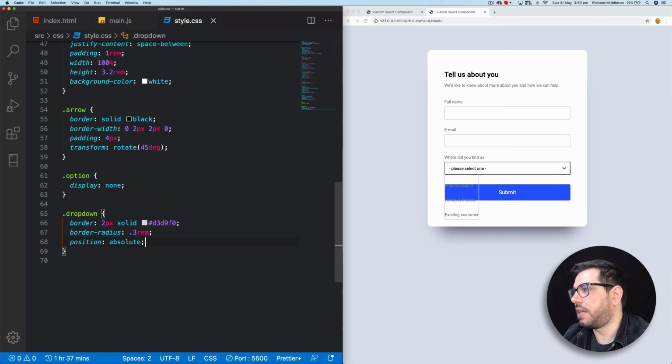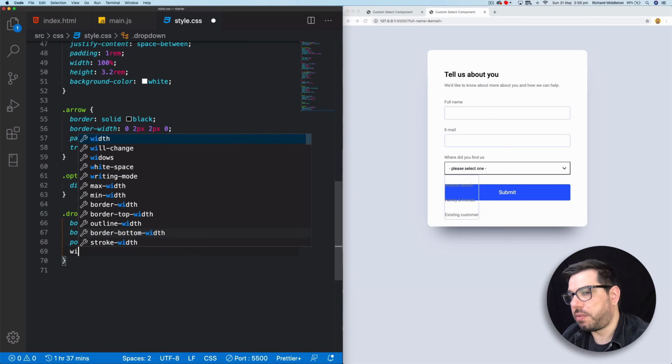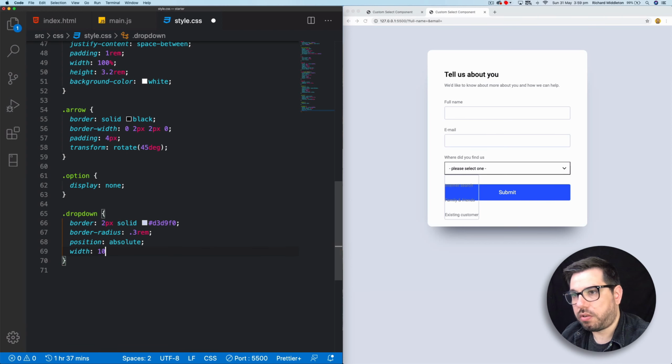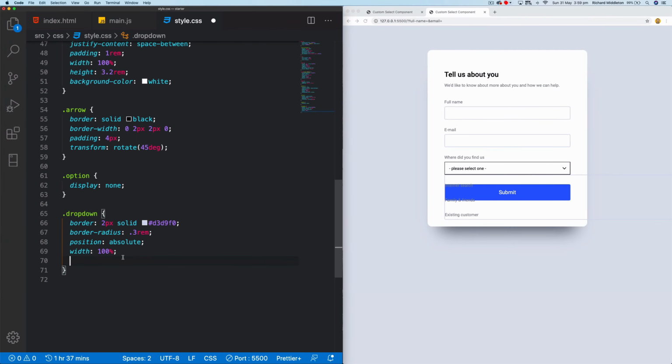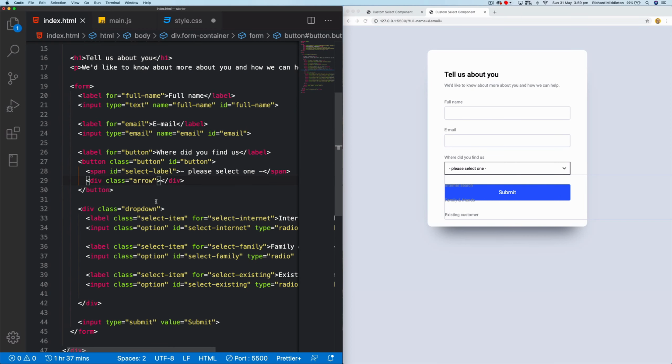There you go. You can see it's now over the button. We need that width to be 100% because it's shrunk 100%. And you can see now, right here, it's very faint, but it's escaping the container. And that's because this drop down is not being relative to the container of all this stuff. So if I go into here, we want the drop down to be relative probably to